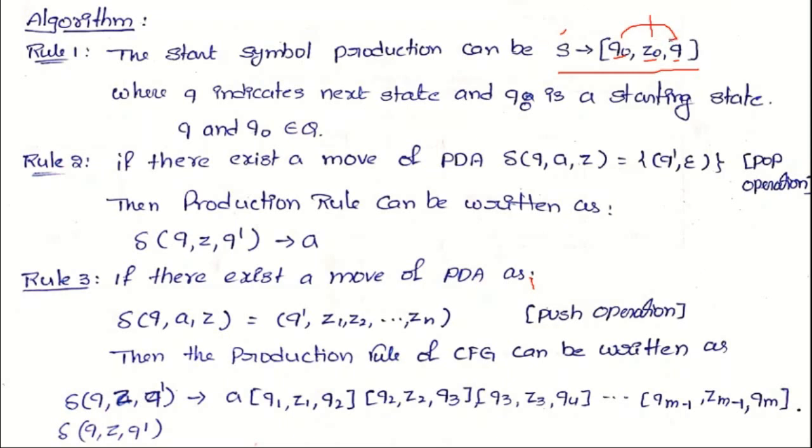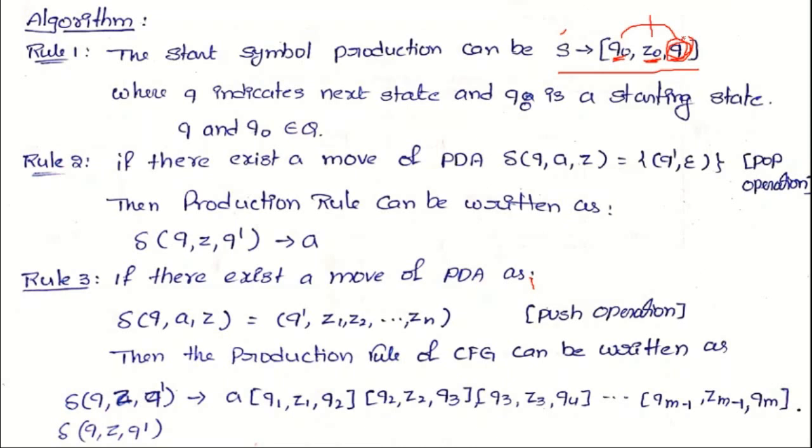So here in the place of q, that is the next state, which may be q naught, which may be q1, which may be q2, anything, whatever the number of states existing in the pushdown automata. So once again, to generate the production rule for the starting symbol, we always start with the starting symbol which derives whatever the starting state of the PDA, and then the default top of the stack, that is z naught, and whatever the next state. Here the next state may be q naught or q1, q2 and so on, qn. So any state will occur.